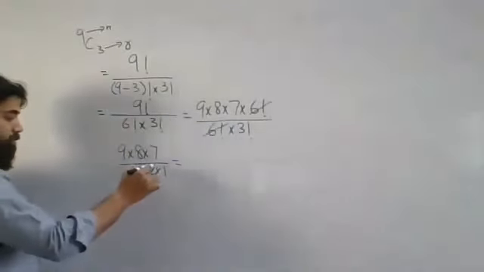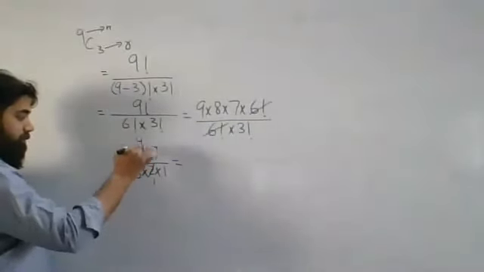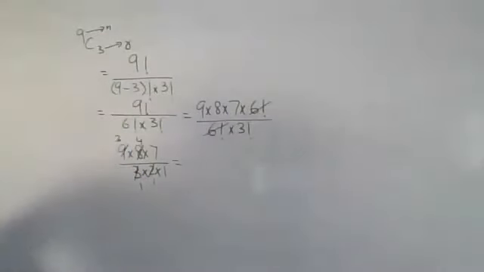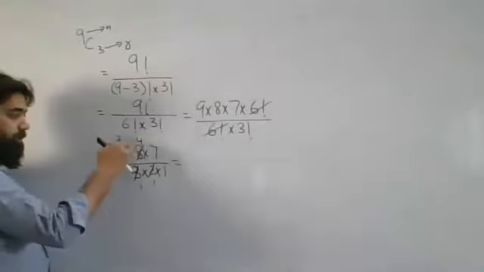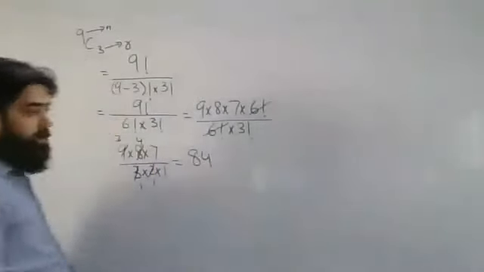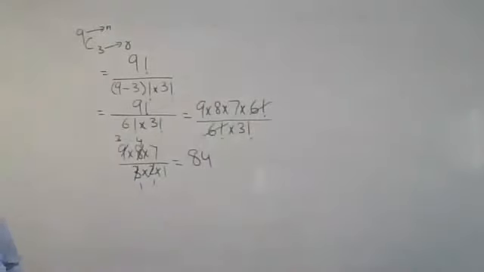So 2 ones are 2, 2 twos are 4, 3 fours are 12. 12 into 7, your answer will be 84. That's the required answer for